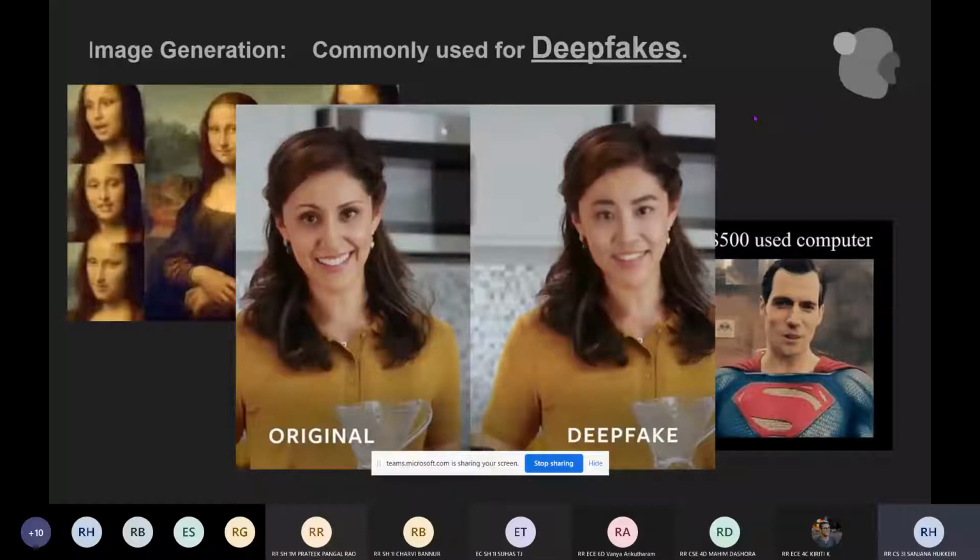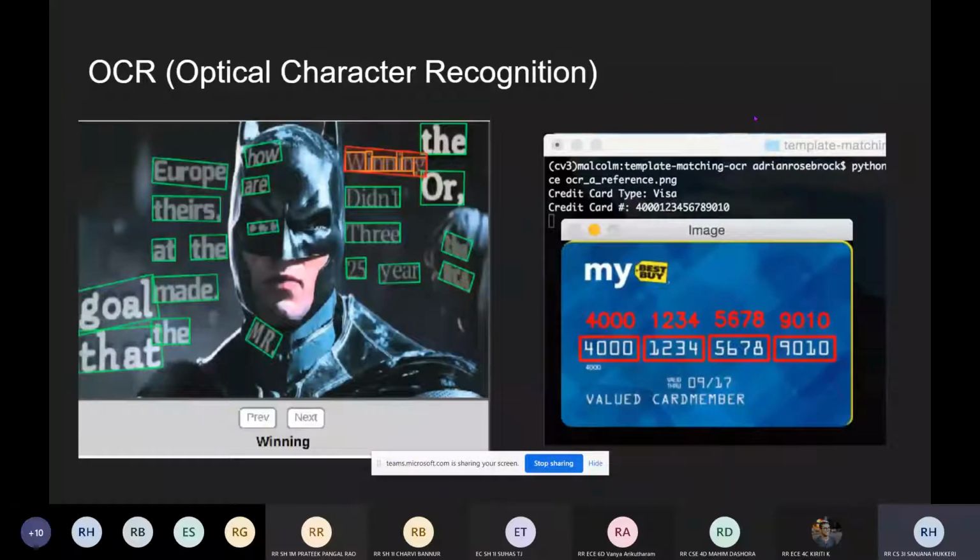Moving on to the next application, we have something known as OCR, that is optical character recognition. As the name says, it's used to extract text from images, and you can see over here in this card, it is easily able to extract the text and the numbers from it.